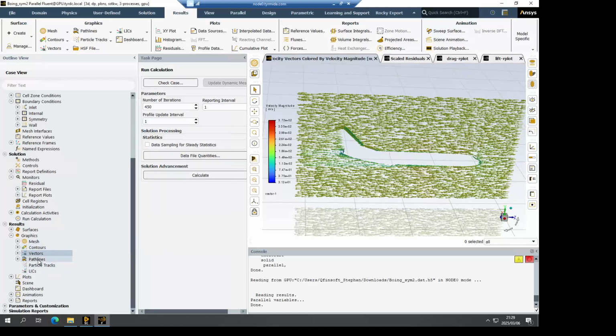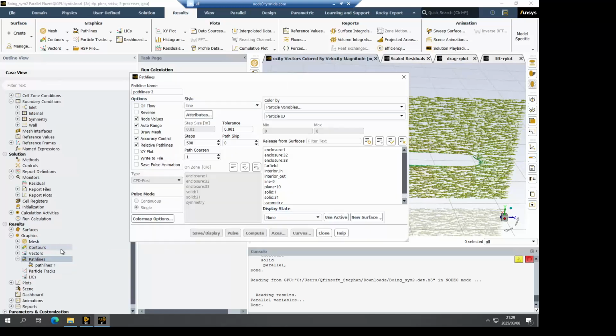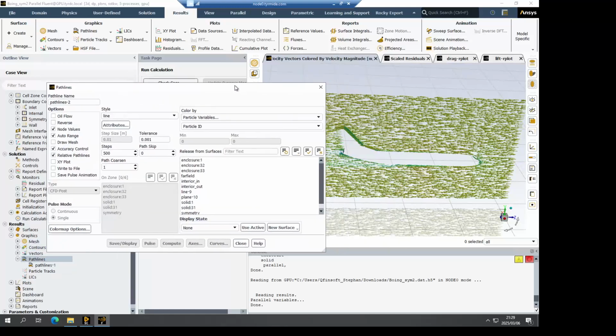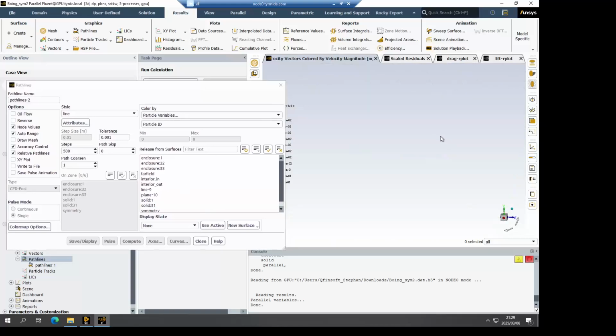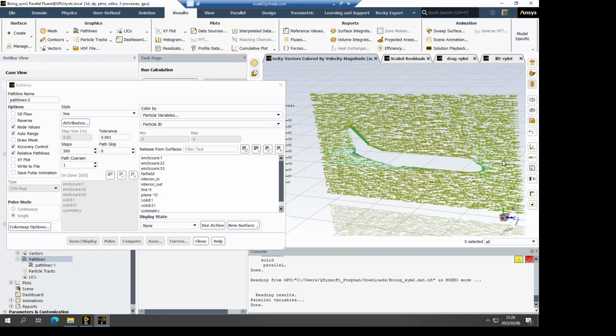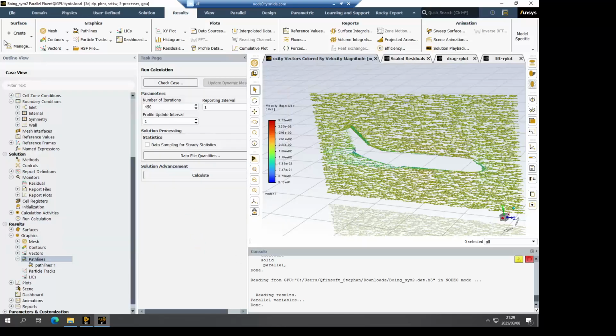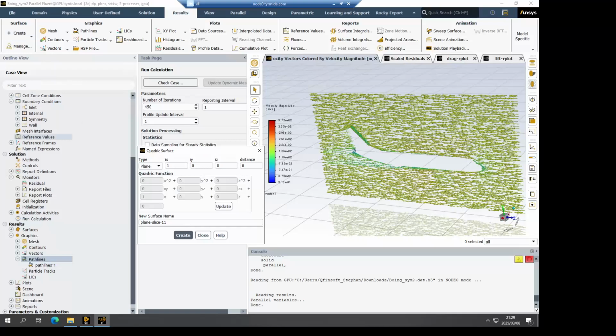Okay, then you can also create some path lines, which you can track. A basic path line shows the path that massless particles will travel through the domain. Now I want to create these path lines releasing them just in front of the airplane and maybe on the wing. So I'm going to create some post-processing surfaces. Let's first create a quadratic surface.